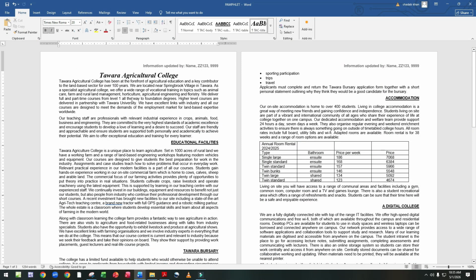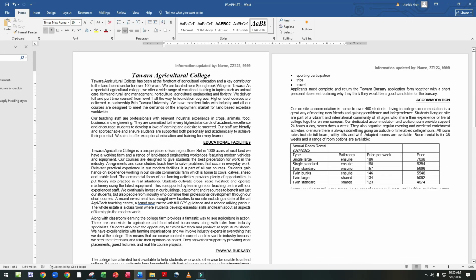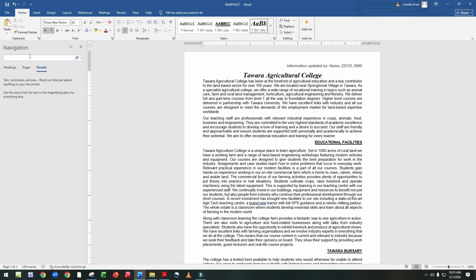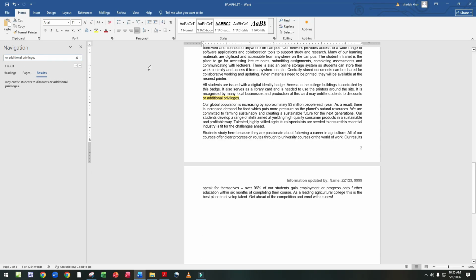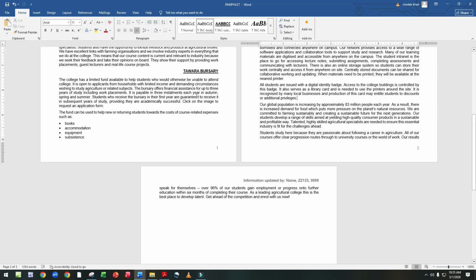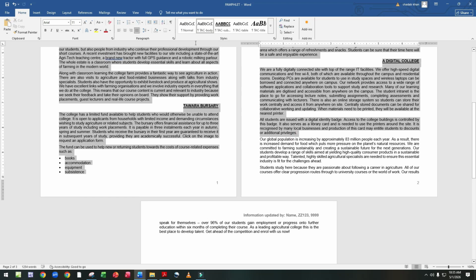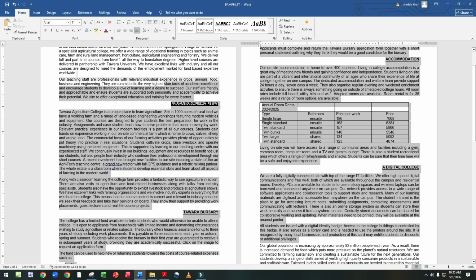Press Control plus F and enter here or additional privileges. Here is the paragraph ending. Then close this and select up to Educational facilities. Here is Educational facilities.